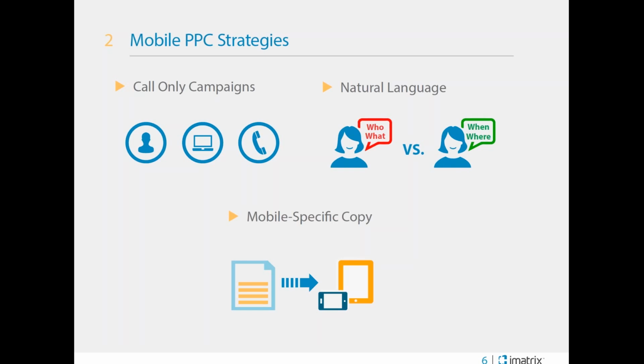So starting us off, we want call-only campaigns. We want to make sure that we have click-to-call functionality. This is fast. This makes it easy. When someone is on a mobile phone, and what we know is about 61% of smartphone owners are performing searches from their device every single day. Consumers spend like 15 hours per week researching from their smartphones. I know I'm on mine all the time, and I'm sure I'm not the only one. So we want to make it click to call, easy to use.